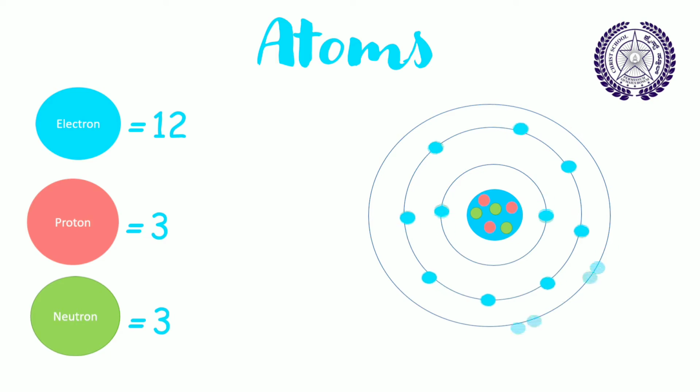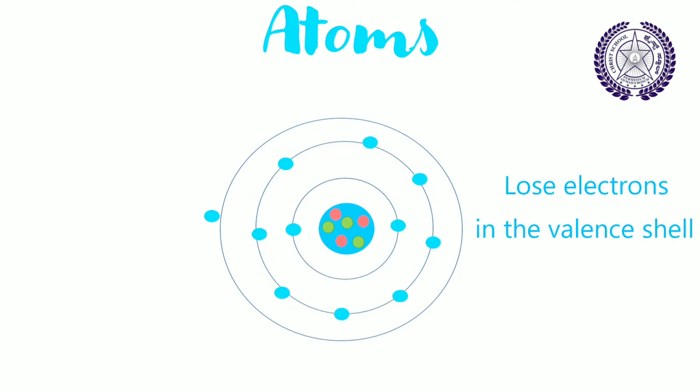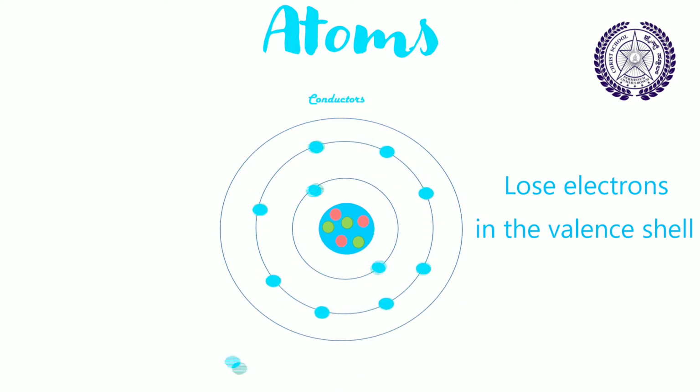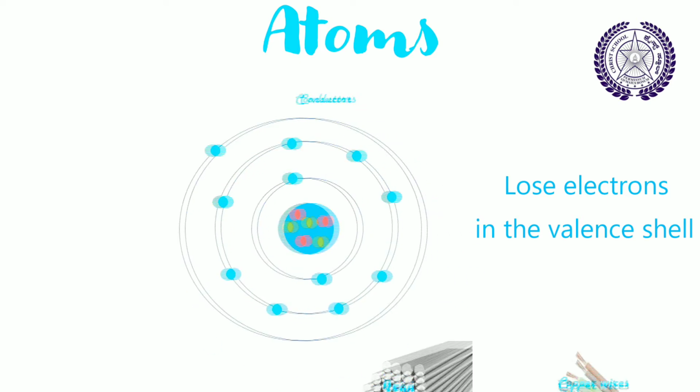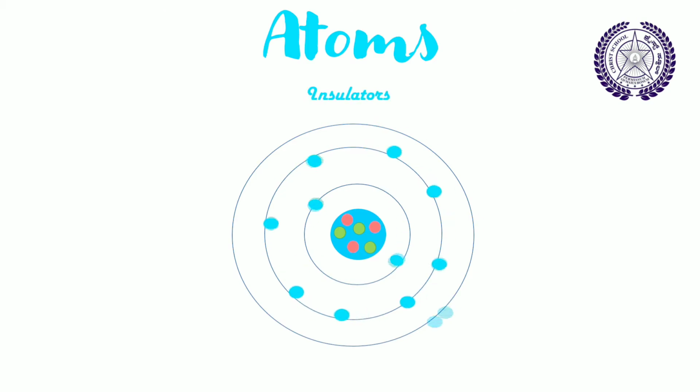There is a limit for the number of electrons in each shell. Now, some materials hold electrons tightly while some don't. The outermost shell in an atom is known as the valence shell. Here, in some materials, electrons are loose and can move from one atom to another. These atoms which can pass electrons are called conductors. Mostly all metals are conductors. And the atoms that cannot pass electrons are called insulators, like plastic or glass.